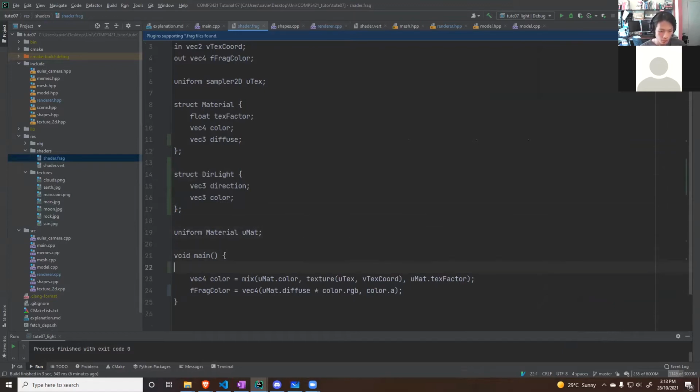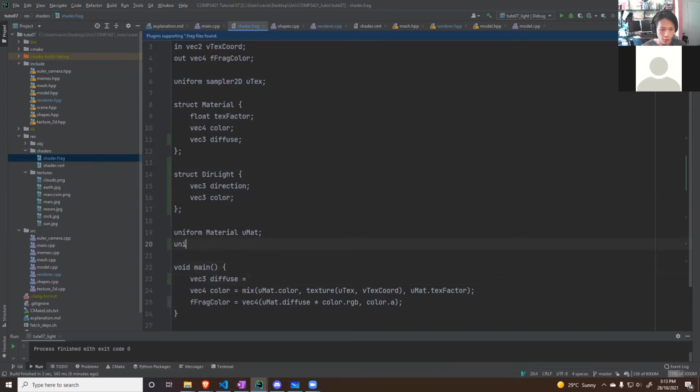And just following the formula we just came up with, we have a vec3, which is diffuse, and that's going to be, we have to first create an instance of the directional light, and let's call it u_sun. So we use sun's color times the material's color, so u_mat.color, diffuse,